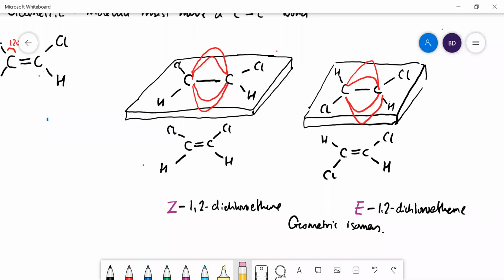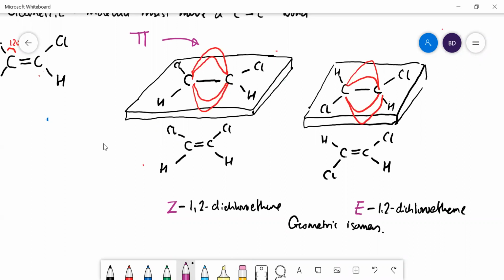Okay, in the last video we introduced the idea of geometric isomers, one form of stereoisomers. You need to have a double bond, and the double bond, of course, has got a pi bond. It's got a pi bond there, and that means it can't rotate without breaking the bond. So that means you could have the chlorines in two opposite,